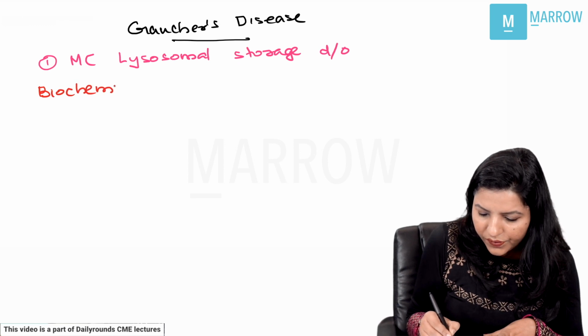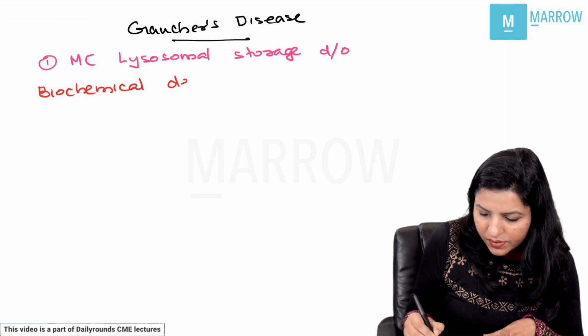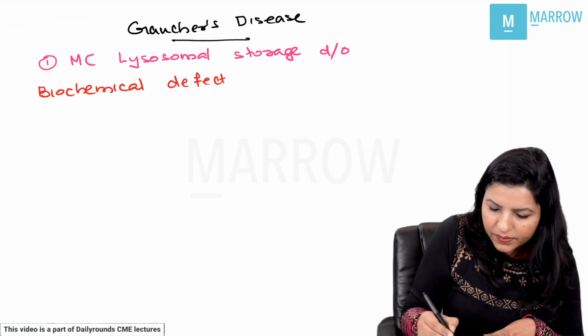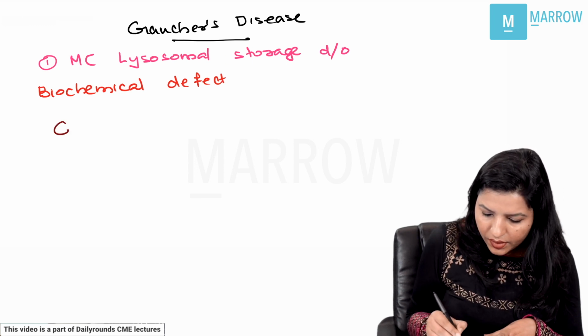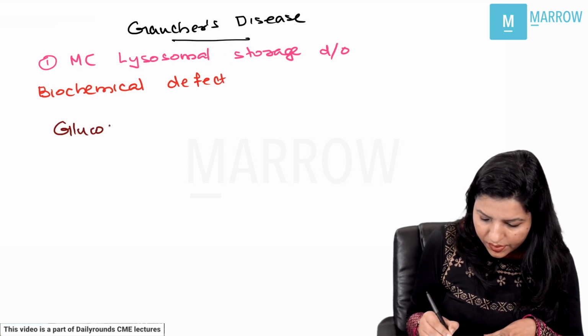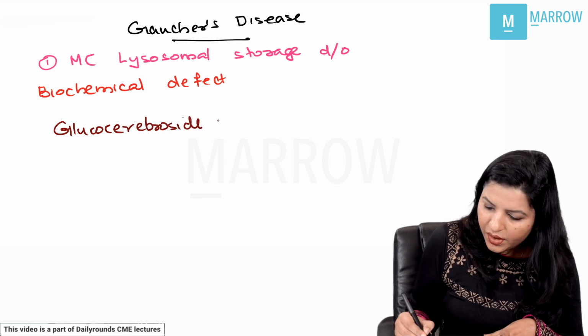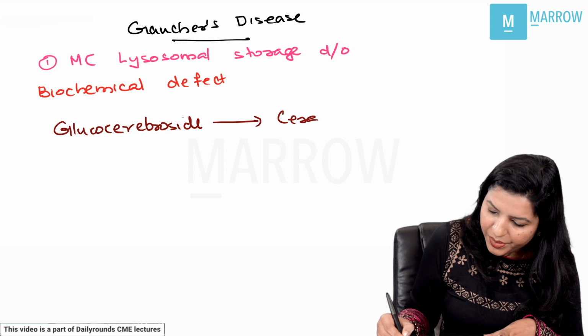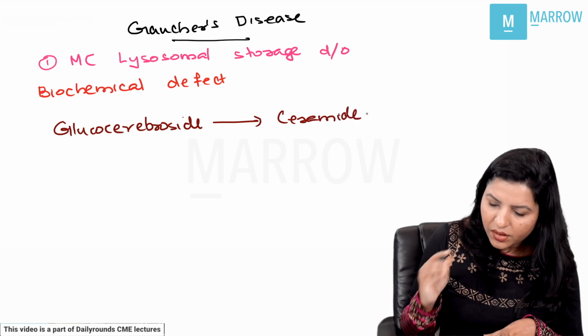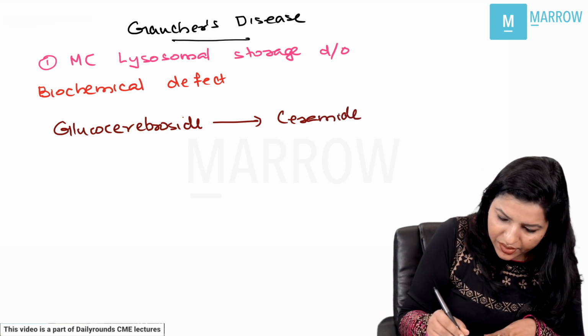The biochemical defect is that glucocerebroside is converted to ceramide by an enzyme which is called as